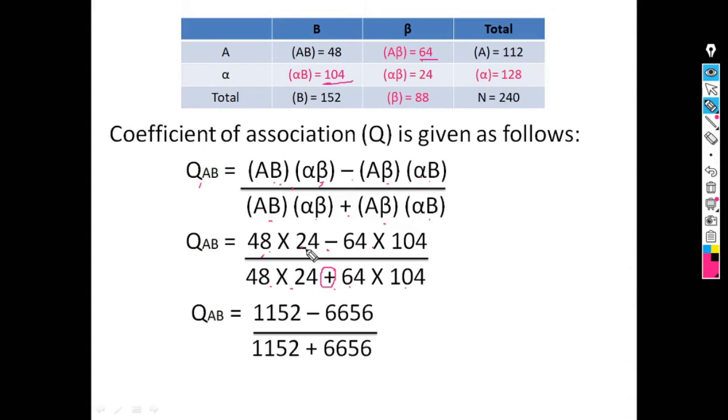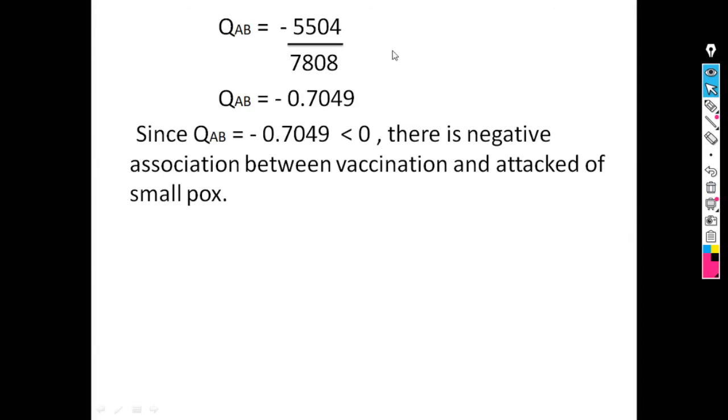After doing, 48 into 24 is 1152, minus 64 into 104 is 6656, divided by 48 into 24, same thing, 1152, only the change in the sign, plus 6656. Now subtraction of these two numbers: 1152 minus 6656 is minus 5504, divided by the addition of those two numbers, which is 7808. So the value of Yule's coefficient of association is minus